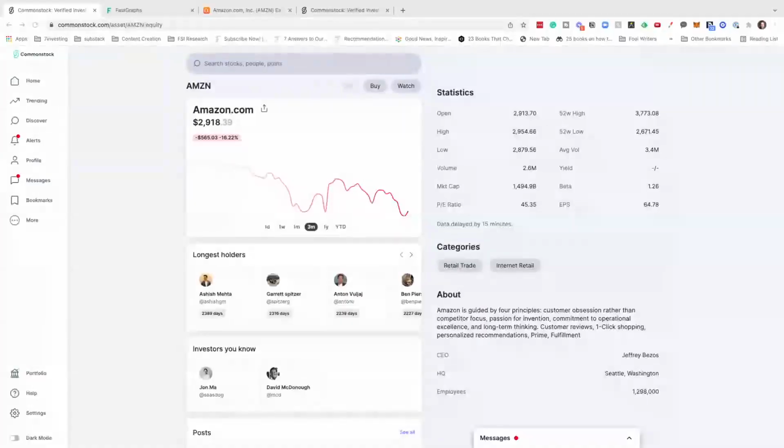What we've got here is the Amazon.com stock chart. Today, we know the stock's up about 6%, but let's zoom out a little bit and look at it over the last 3 months. Stock's down 16%. And then over the last year, the stock is down almost 4%. The business has been performing well. And so, historically, when Amazon's been down 10, 20%, it's been a good buying opportunity, which is what has me